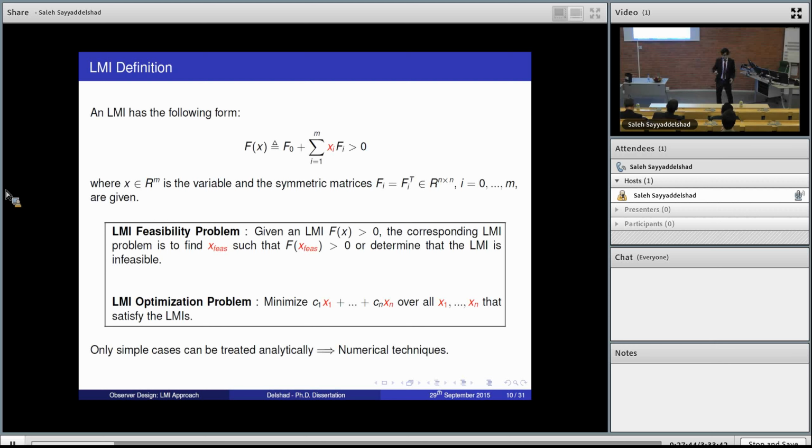In feasibility, you try to find the X satisfying your inequality, and that's it. But for optimization, you might be interested in minimizing a cost function with respect to some matrix inequality. As I said, simple cases can be done analytically, but for high orders you definitely need